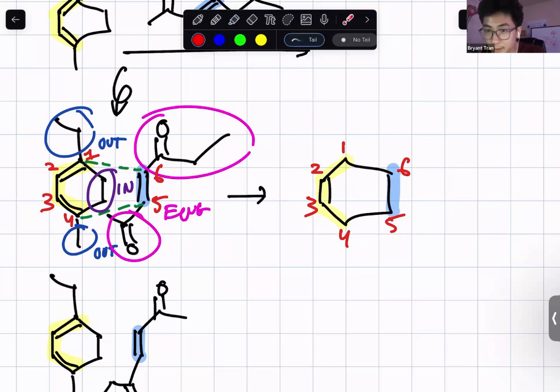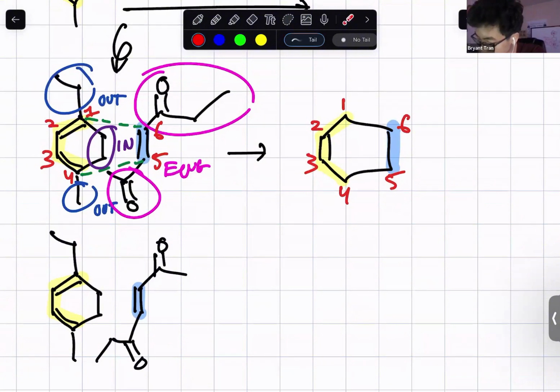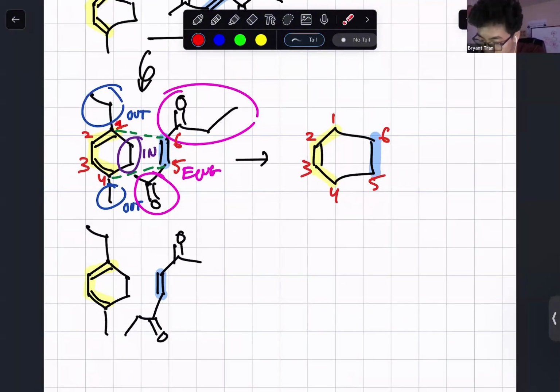Now, based on the endo rule, the out group is cis to the EWG. Do we need to flip the molecule because either group can be attached to either side? Yes, we need to flip the group because either group could be on either side. Like there's equal negative charge here, here, and equal positive charge here and here, right? And because there's equal charges on all of these carbons right here, then we have to flip them because they're gonna give us different answers, right? That's that. So I'm gonna make the out groups here dashes,